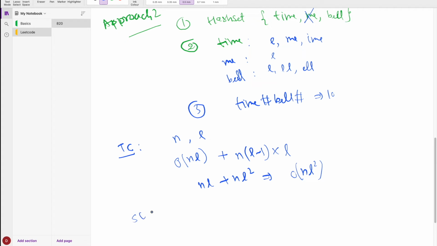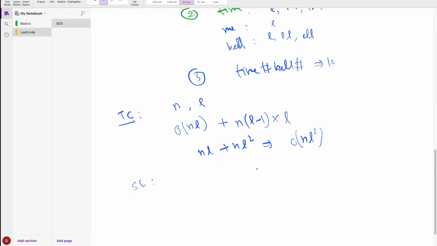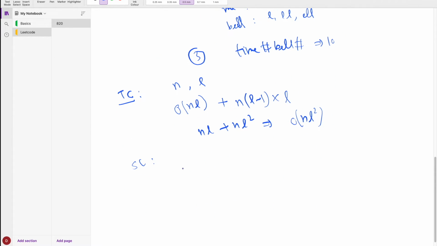Now coming to the space complexity here. We are creating a hash set and then adding the elements and removing them, and the size of the hash set would be n into L. So the space complexity would be n into L. Now if you try to improve this further,